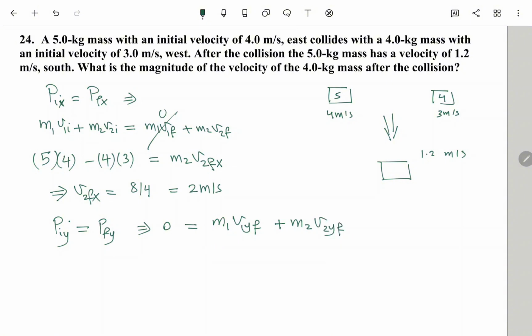You substitute the numbers, you will get minus 5 times 1.2 equal to 4 v2 y final. In other words, minus 6/4 equal to v2 y, or v2 y equal to minus 1.5